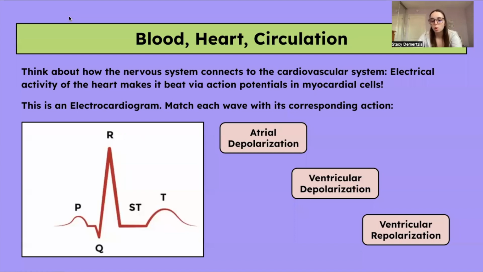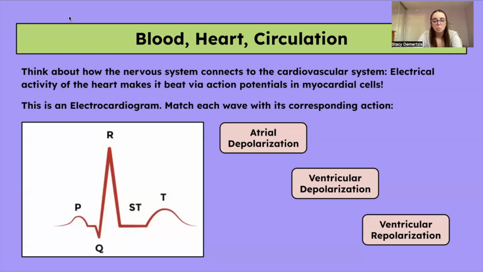The difference between depolarization and repolarization has to do with the charge of the neuron. A resting neuron is typically negative. When there is a stimulus, it can go up to positive. We talk about depolarization as the cell becomes more positive, and then repolarization is going back to its resting state of being negative. So I want you all to tell me, within this P wave, QRS complex, and T wave,